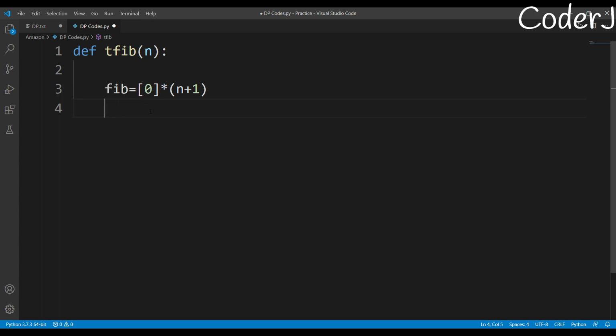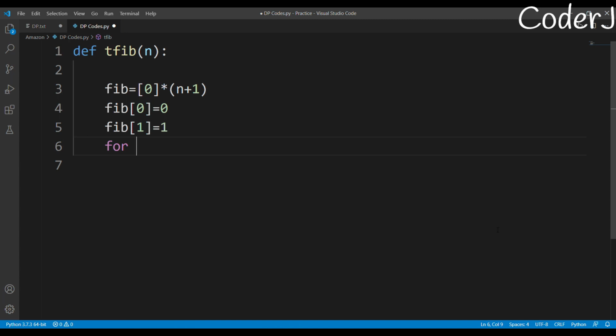So let's now try to set up the base conditions, because in tabulation what we do is we first set up the base conditions. By base condition I mean, since we are starting from the zeroth, we need to have some solved answers on the basis of which we can move up till n. Okay, so we know that fib of 0 is basically 0, and fib of 1 is basically 1, right? Now that is more than enough for us to start. So now let's start with the tabulation coding part.